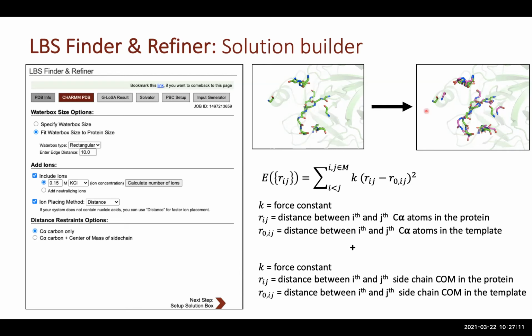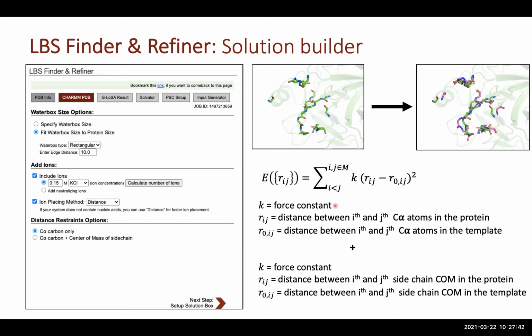And on the right, you have this binding site as well as the equivalent binding site residues from the template that's shown in magenta. What we want to do here is we want to change the conformations of residues in green towards the one seen in magenta. We do this using harmonic distance restraint,